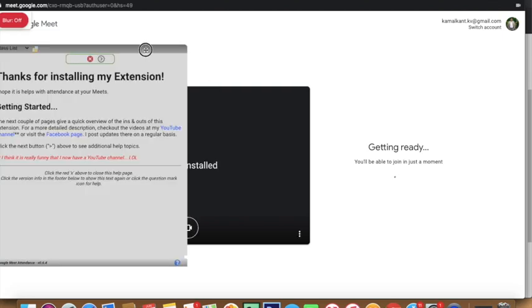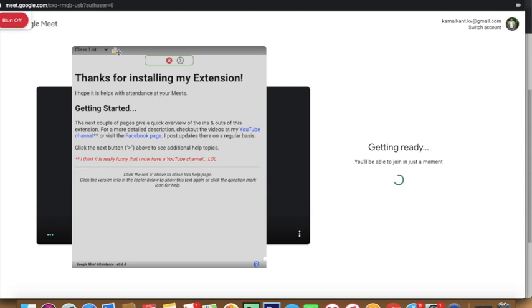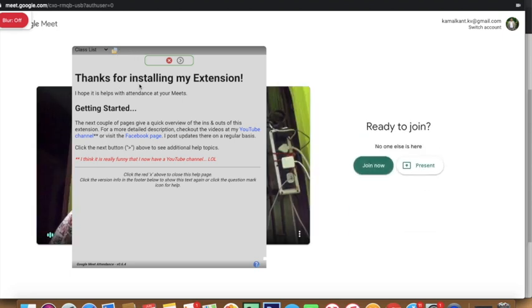Okay, now you can see here it is showing me thanks for installing my extension, and it is showing you all those things, right? Class list is being shown here, right? You can add your class list name, whatever you want, you can just add it, okay? Or you can just click and go for it, right? So don't close it, just be there.